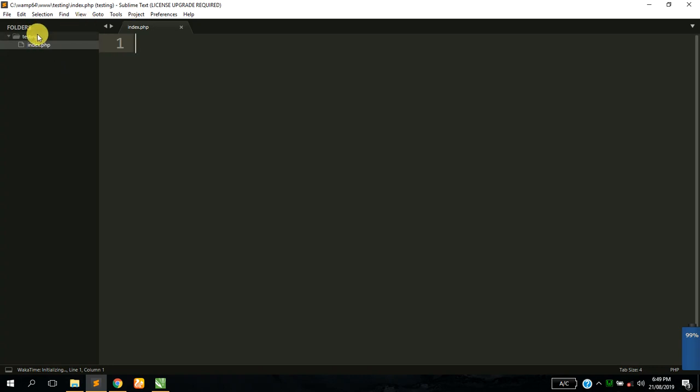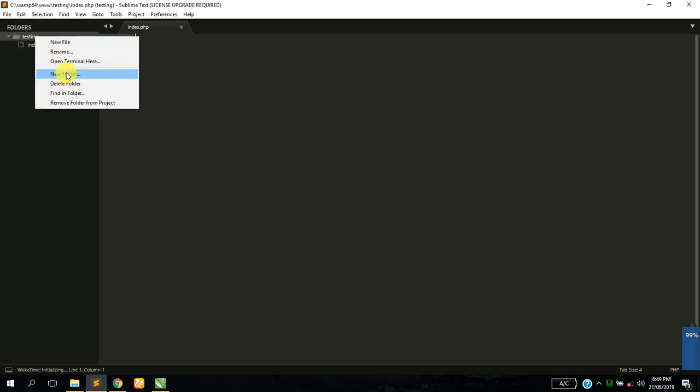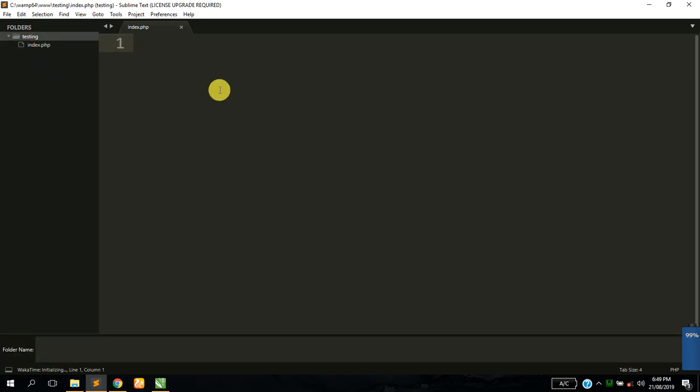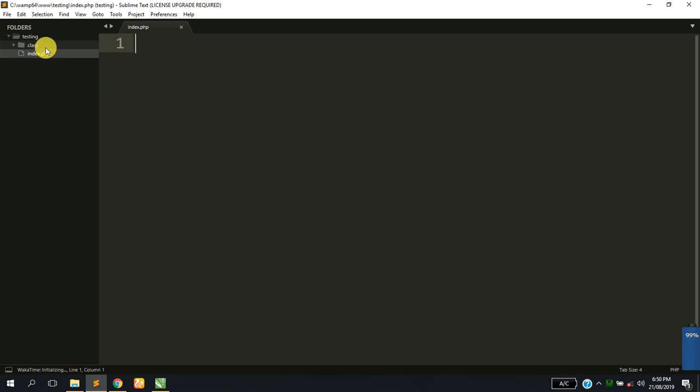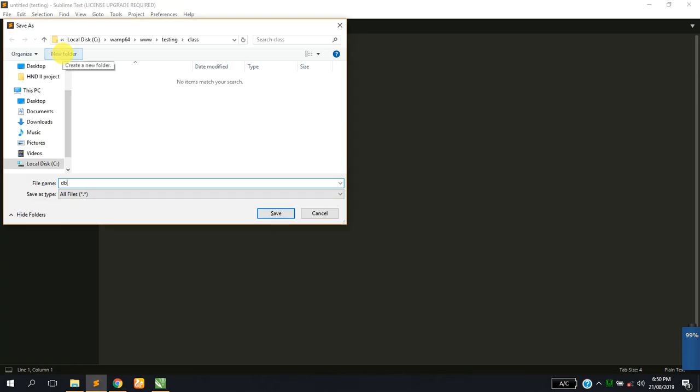So the thing you want to do is create a new folder in the testing folder, and I want to name it class. So in the class folder I want to create a new PHP file which I'm going to call db.class.php,